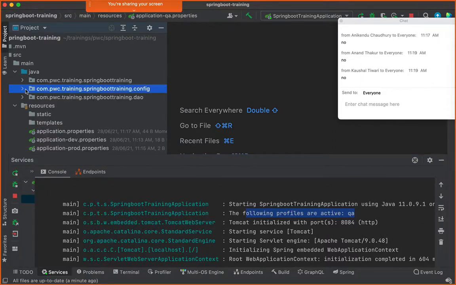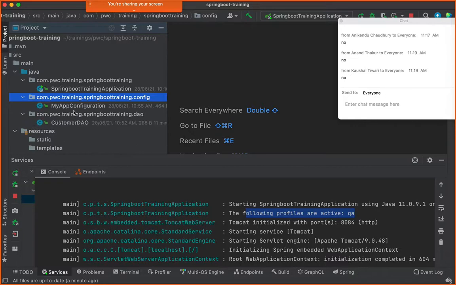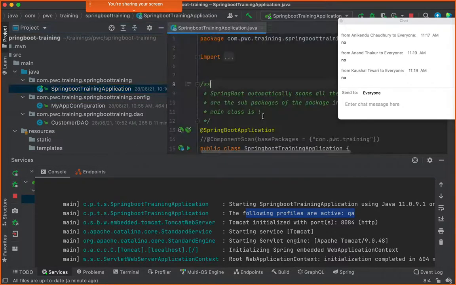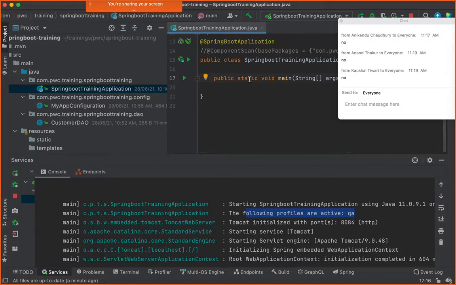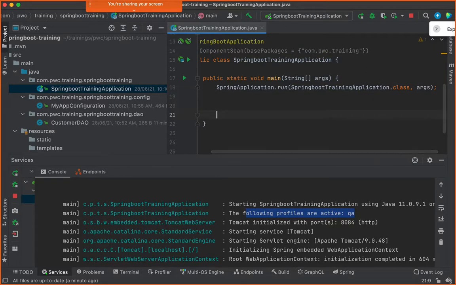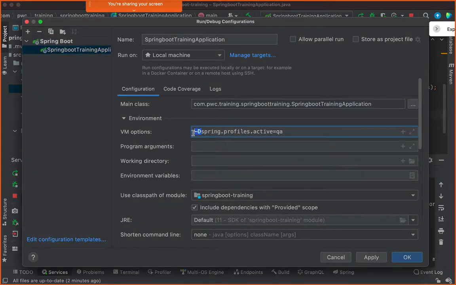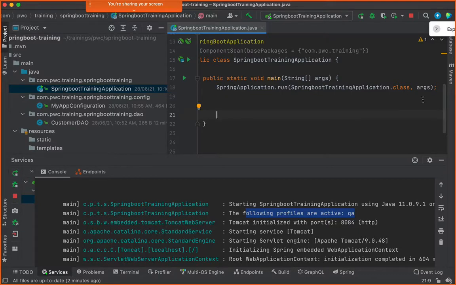I'll go to any component, anywhere. Say for example, I can go to the Spring Boot training application here itself, and then in the main function itself, I can very well write this code. I need some place to write this code, and that is not related to Spring Boot. Hello friends, this -D is not related to Spring Boot. It's a VM argument. VM is virtual machine, your Java virtual machine related argument, right? It's just plain Java. It is not dependent on anything. I write any Java application and still that will hold true. So let me do that.